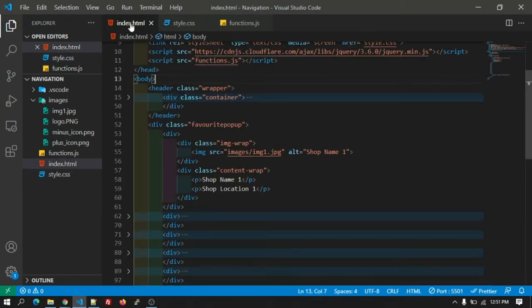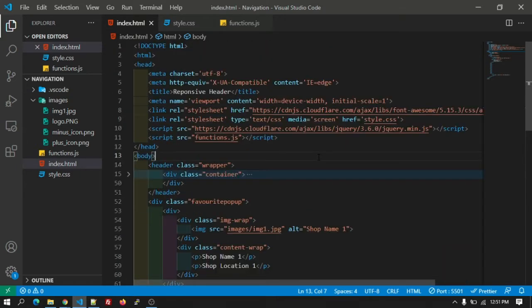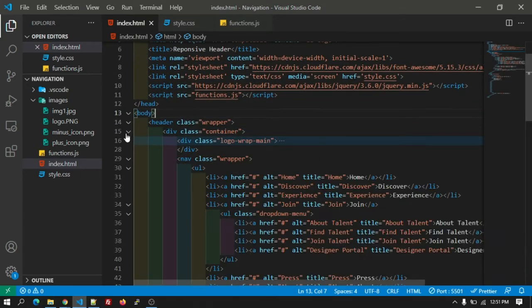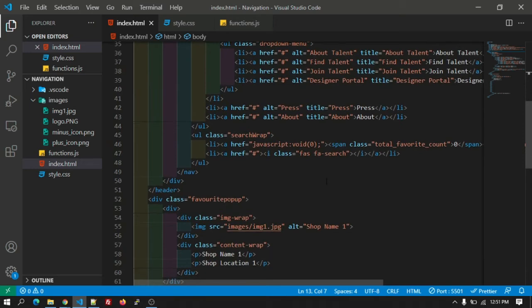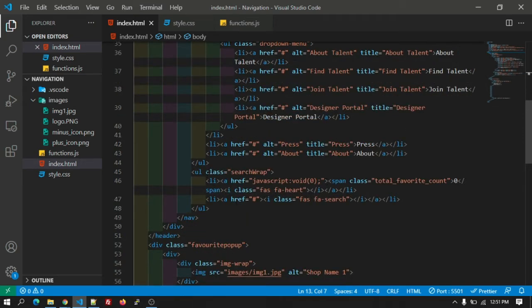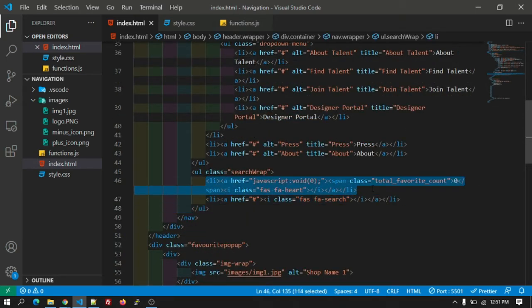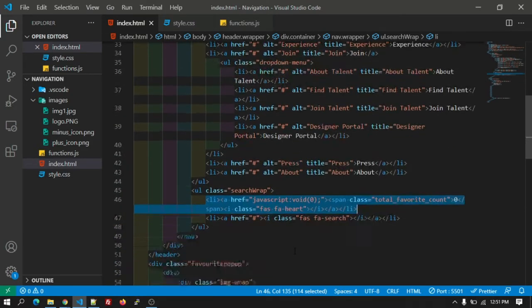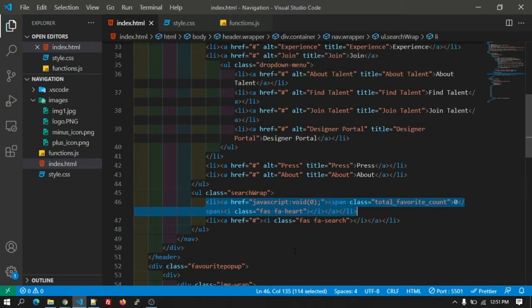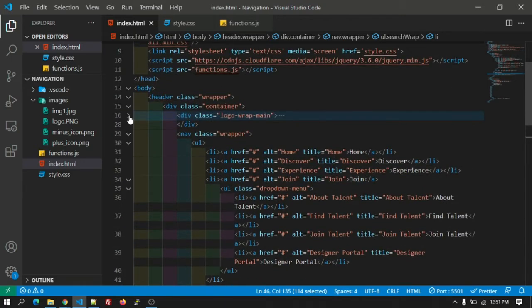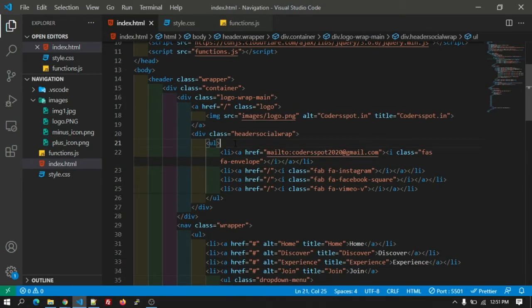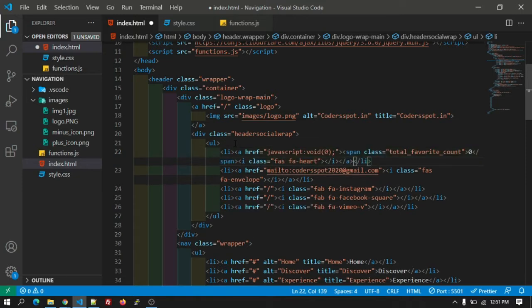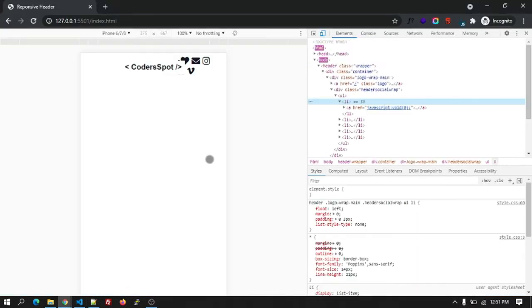The wishlist icon is here. Let's copy this icon. Where are the social icons? The social icons are over here. So let's paste it here as the first one. Just refresh it, it's showing, right?